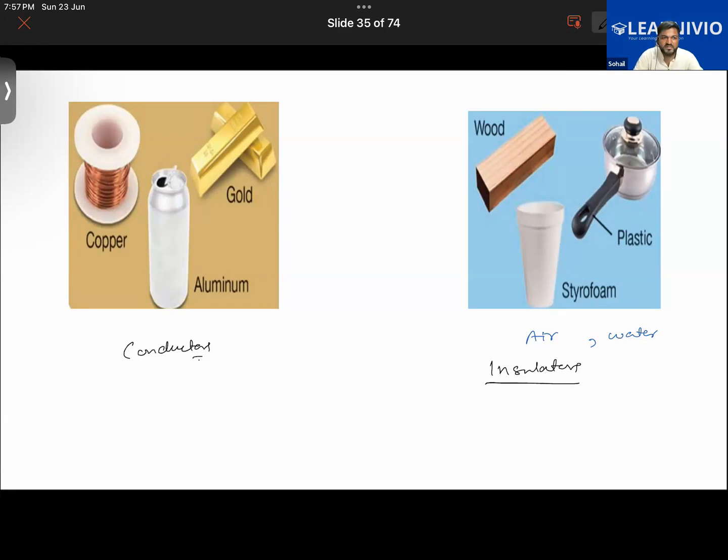See, basically, the thing is, now the birds that are sitting on the wire. You also pay attention here. This is an important concept. Both of you pay attention. Say this is a bird over here, sitting over this live wire. This bird that is sitting on this wire is not touching the ground or anything which is in contact with the ground. It is just sitting on this wire.